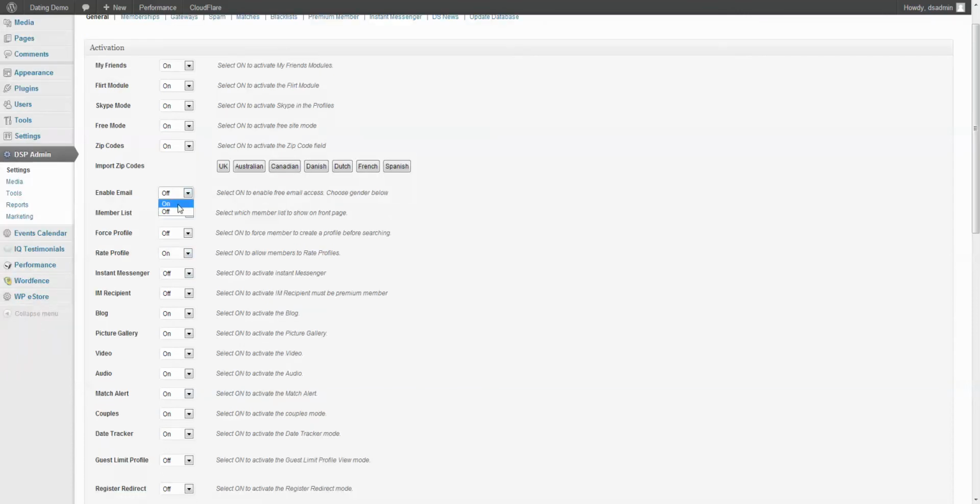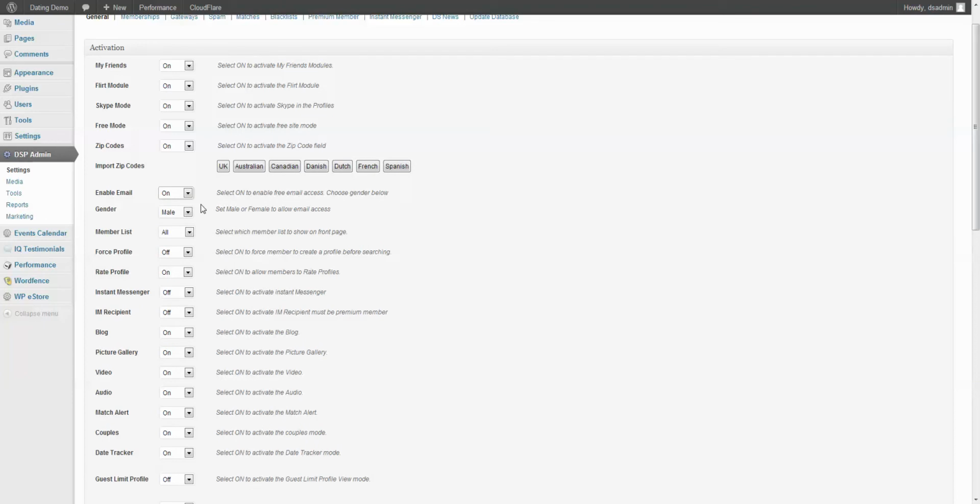Enable email. When set to on, you can choose a gender that can email for free. This is if your site is not in free mode, that you're charging for things. You can say you want to have females email for free. They won't be able to access other stuff, but they can reply to emails. That's for sites that are strictly for men looking for specific types of women, like Thai dating, Asian dating, things like that, where